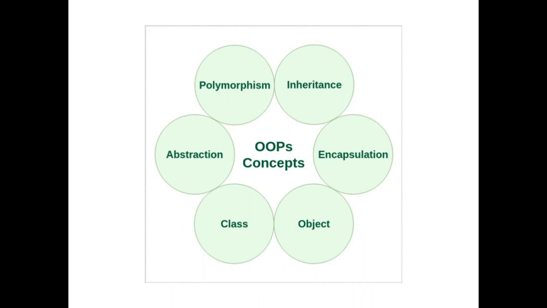The basis of encapsulation in OOPS is actually the class. The class defines the structure and behavior, that is, the data and code that will be shared by the set of objects. And each object of a given class contains the structure and behavior defined by that particular class. The objects are referred to as the instances of the class or the living prototypes of the class. And thus, a class is a logical construct and an object is a physical reality of that particular construct. Okay, I think we have already gone through this analogy.